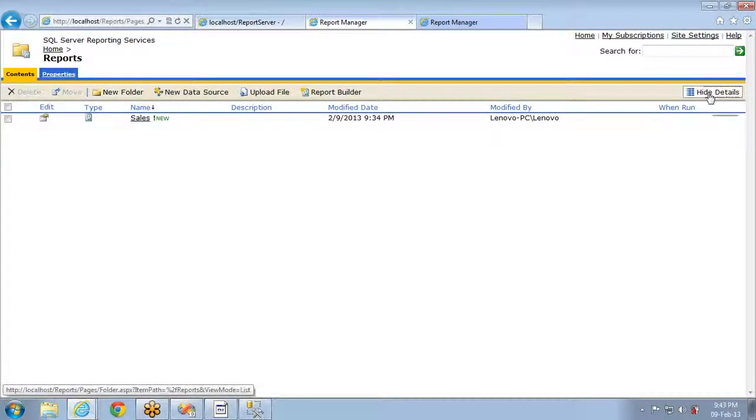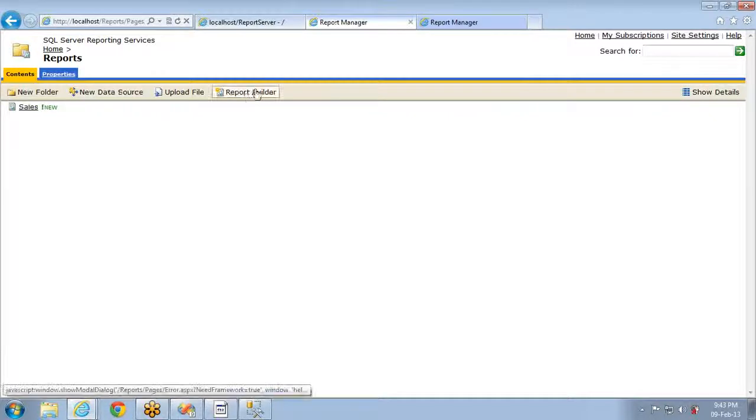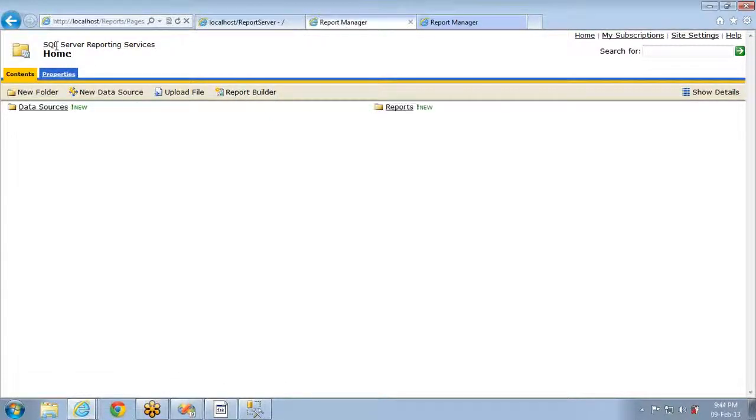And let me hide the details now and go back to the work. And this report builder, this is used for report models. We have not worked on report models as it is not part of our training sessions. So if you design any report model, then this report builder is the useful one, using which you can see the report. So you don't need this stuff at this point of time. So let me go back to home, and let's see the different properties.